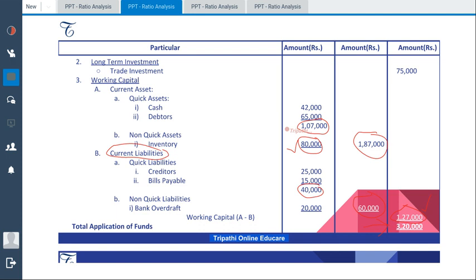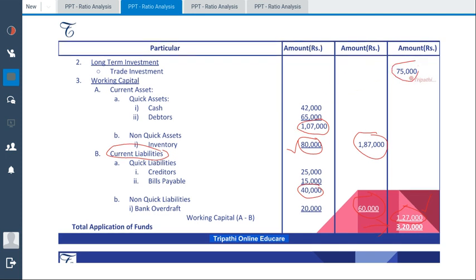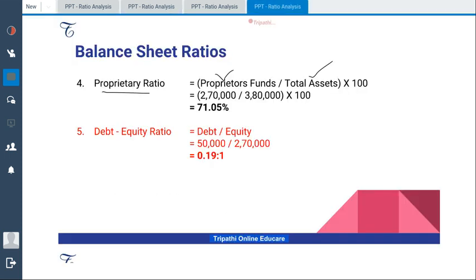Then we will add 75,000 into that. Then we will add current asset, that is 1,87,000. So our total asset is coming to 3,80,000. How we got this 3,80,000? Fixed asset plus investment plus current asset. We are not including current liabilities. So you can see total asset is 3,80,000,